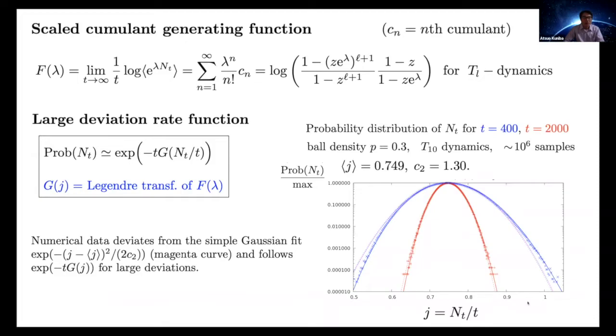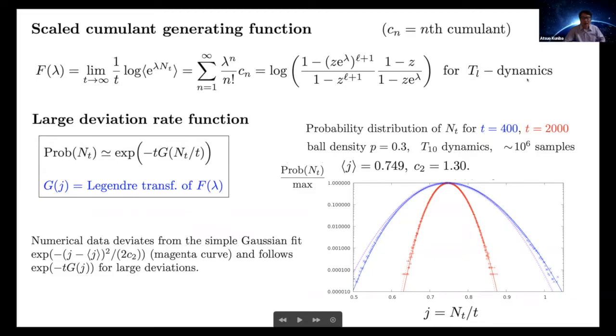So that's the scaled cumulant generating function. So we consider this quantity where NT is the number of balls passing through the origin during the time 0 to t. And we compute this. So if things are normally scaling, we should get this sort of cumulant expansion. So Cn is the nth cumulant. And the result is this